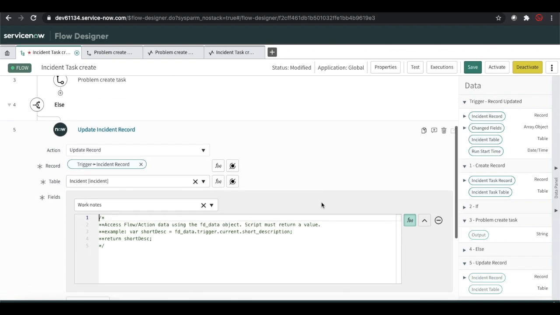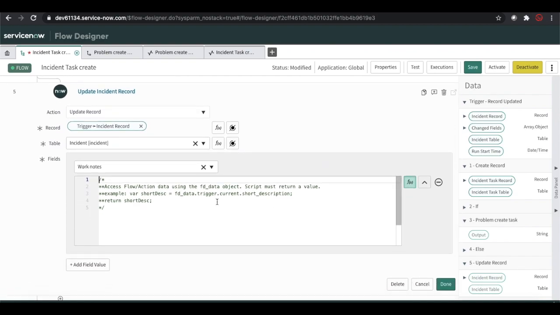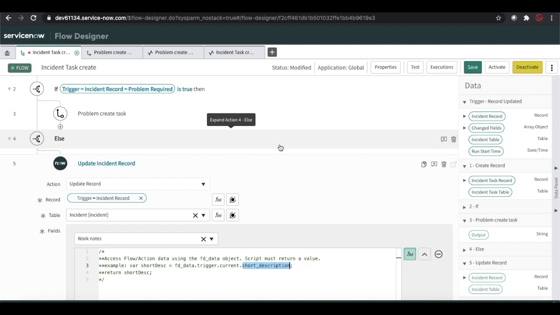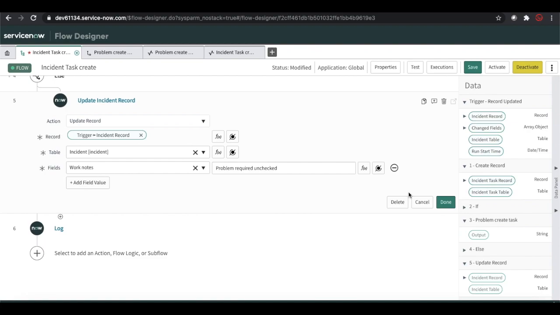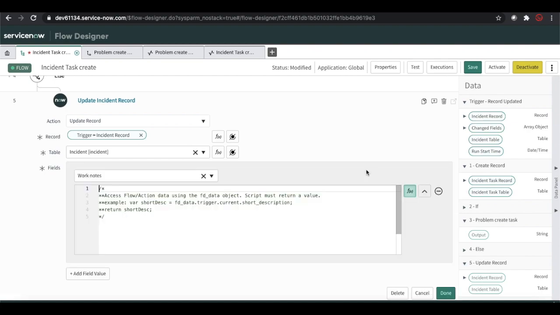So you can get some value like the flow data trigger, then current, then you can put some variables which you are actually getting from this incident. And if you want to do some scripting, you can do that and set some value.